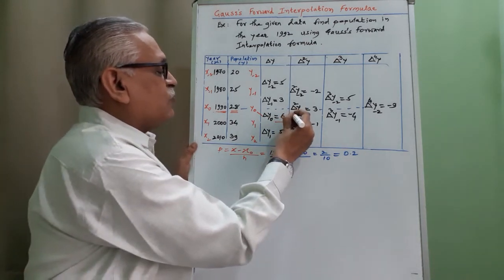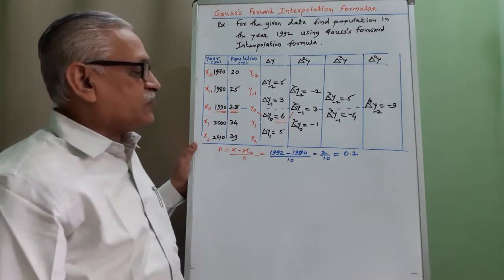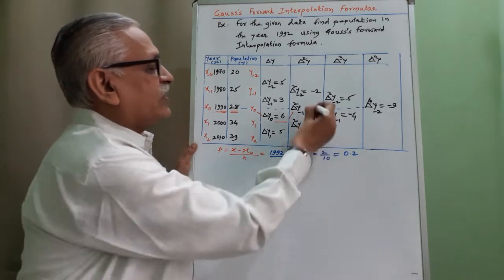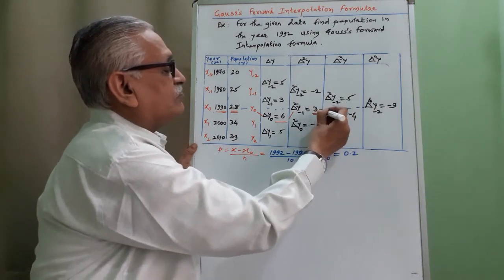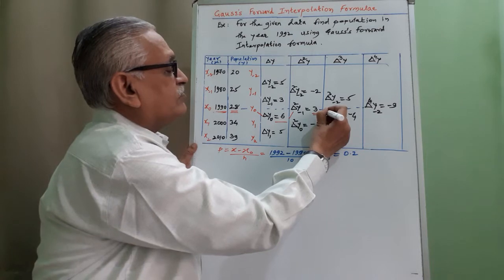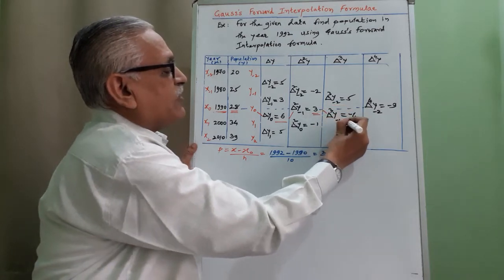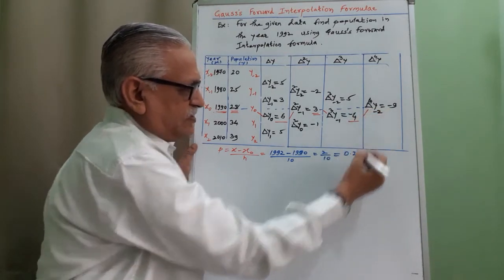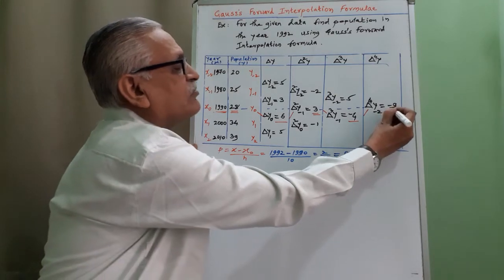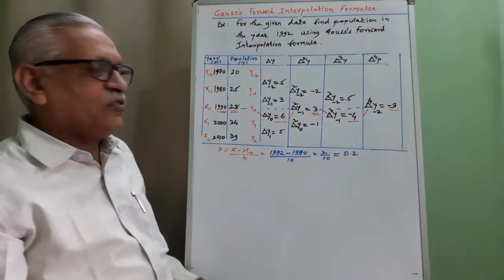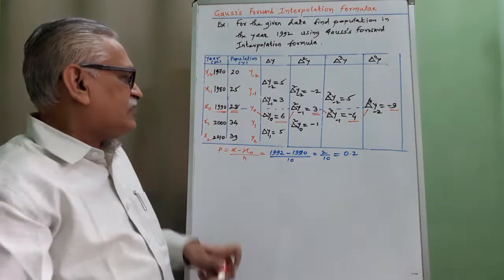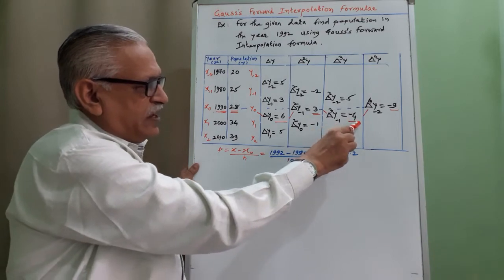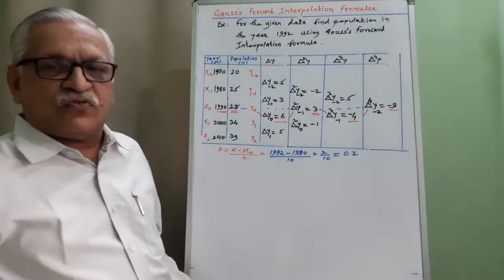Then we go upward, we consider del square y minus 1, value is 3. Then we come below it, it is del cube y minus 1, that value is minus 4. And once again we go upward, it is del raised to 4 y minus 2, value is minus 9. Therefore, like this, y0, del square y minus 1, del cube y minus 1, and then del raised to 4 y minus 2,